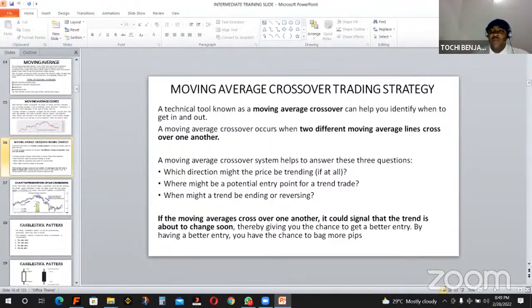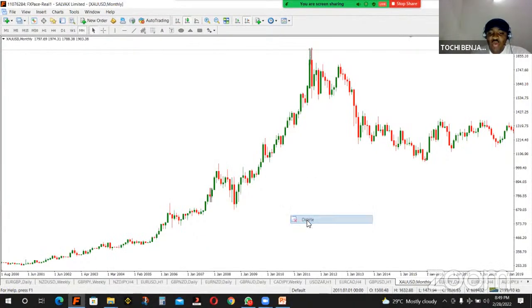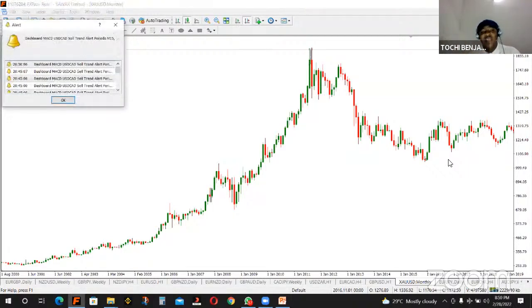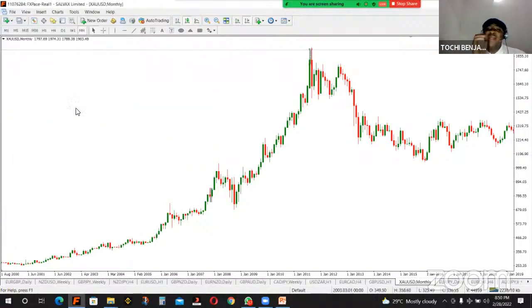Let us go to our chart so that we start plotting this and see how it works. Now, I didn't talk about support and resistance because I've already told you that the moving average is dynamic support and resistance. As the price is moving, it is following the price. Another rule is that the smaller the period of the moving average, the faster it is to price.